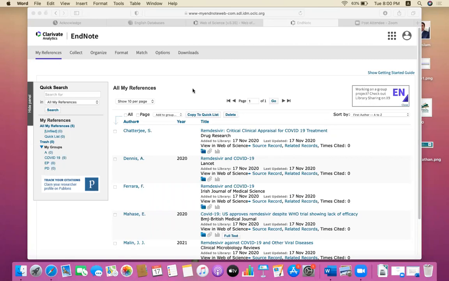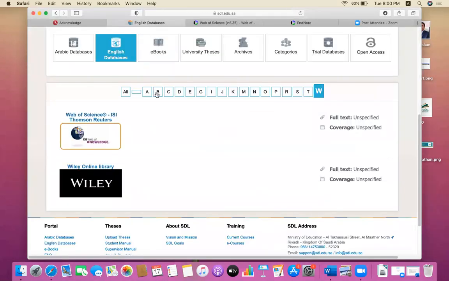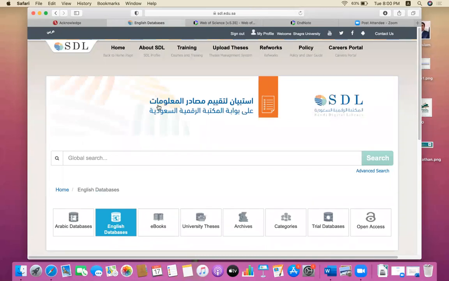But it is very important that you access it through the university digital library and the SDL, that is the Saudi Digital Library, because our Saudi Digital Library has a paid subscription to many standard scientific databases. We can download the article, see the article, and cite the article without any cost.